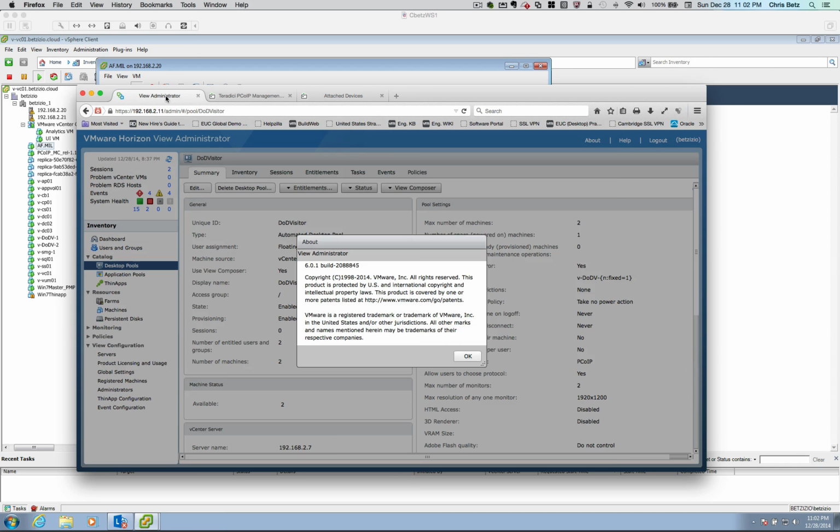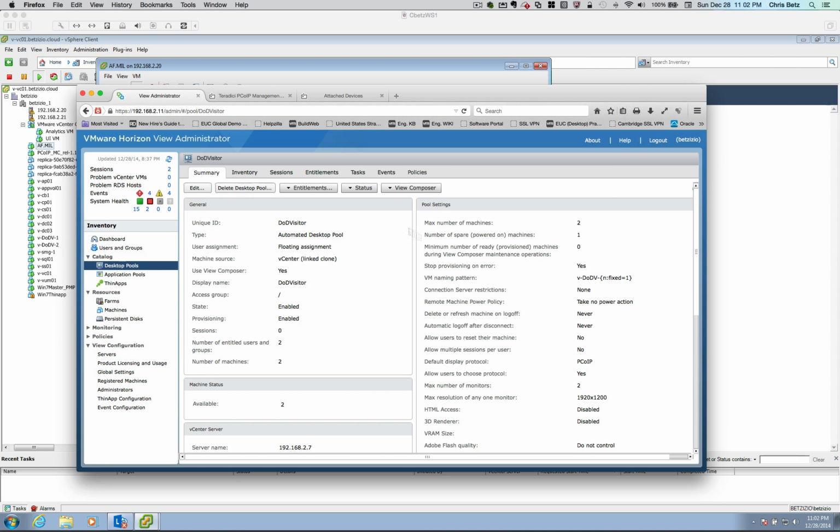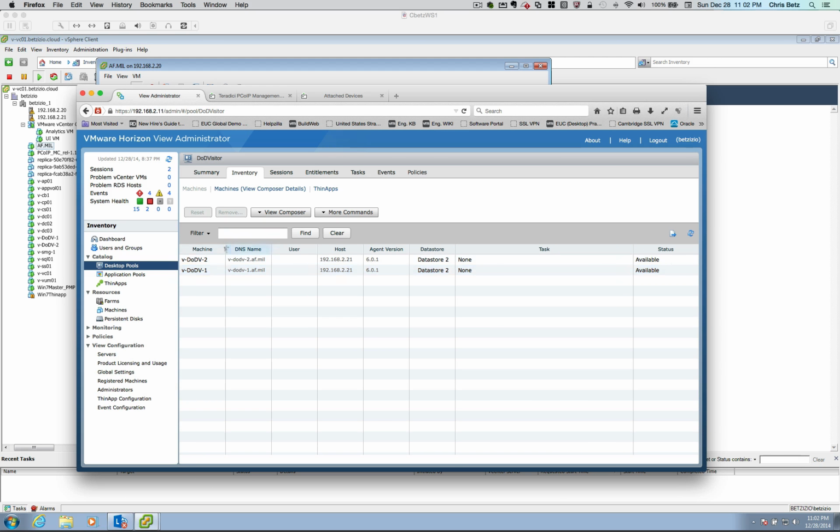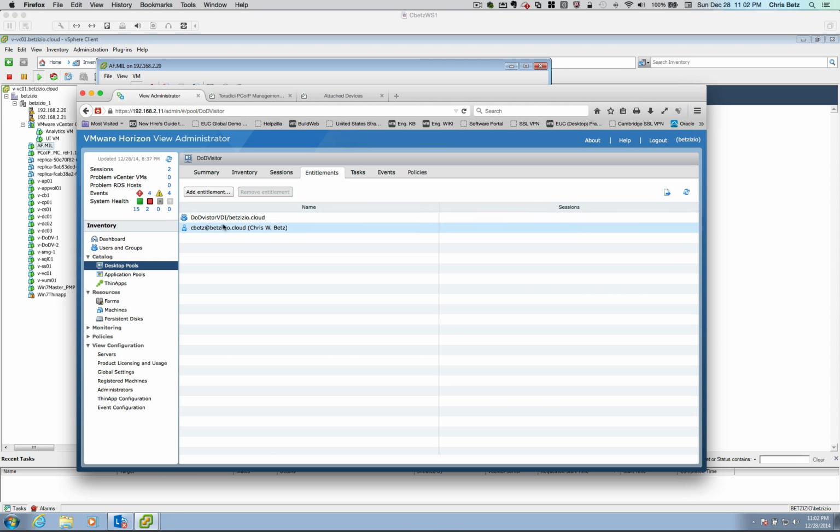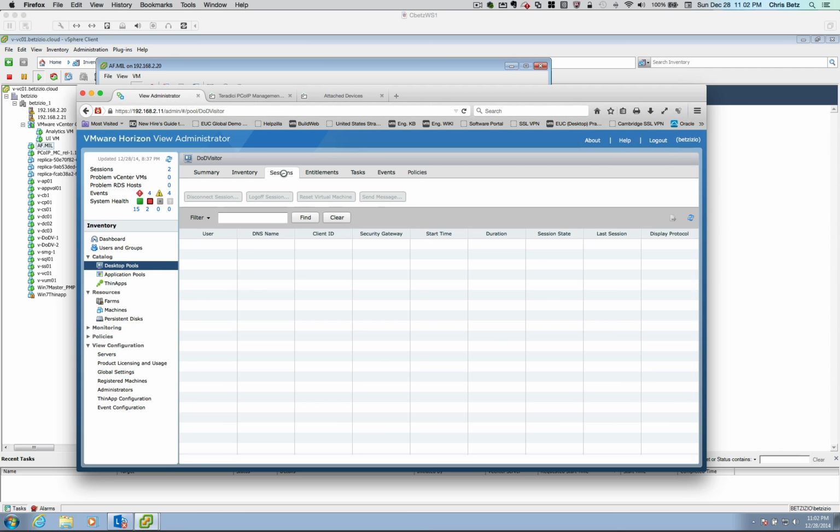Alright, let's open up our View Admin Console. And I'll show you that we have this DoD Visitor pool with this unique ID, DoD Visitor. I have two DoD Visitor VDI instances. And if we look at the entitlements, I have the DoD Visitor VDI group entitled to this desktop. And currently no logged in sessions